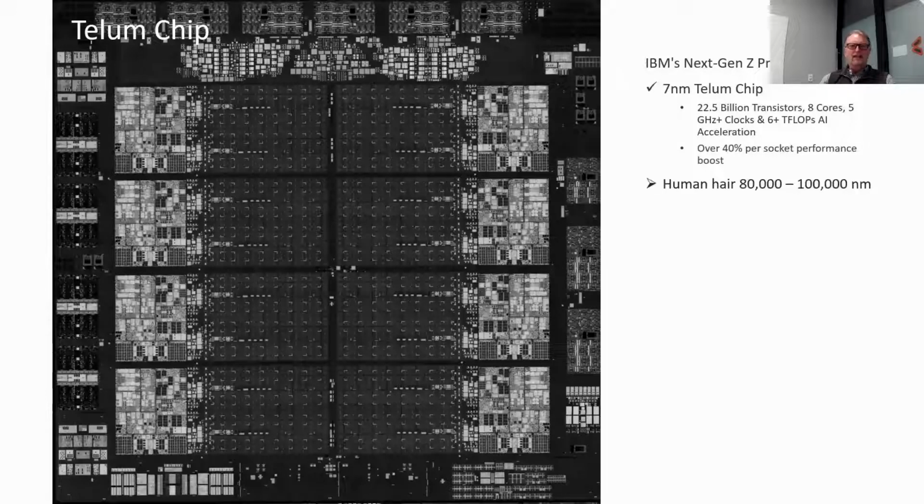To give you an idea of scale, the thickness of a human hair is between 80 and 100,000 nanometers. So a 7 nanometer size is unbelievably small. And I read an article recently that IBM is working on a 2 nanometer chip. So it's just incredibly small.